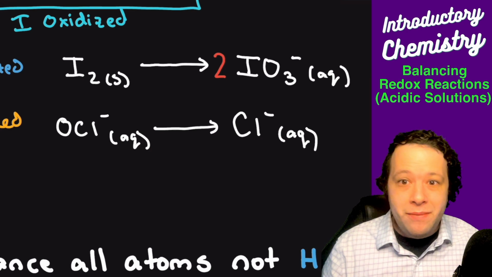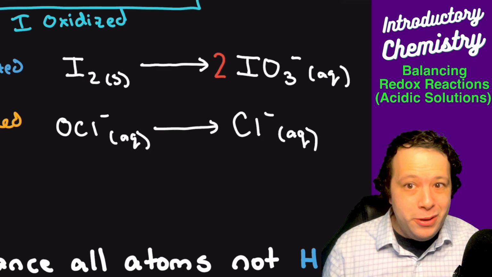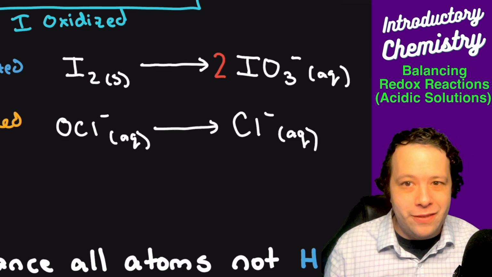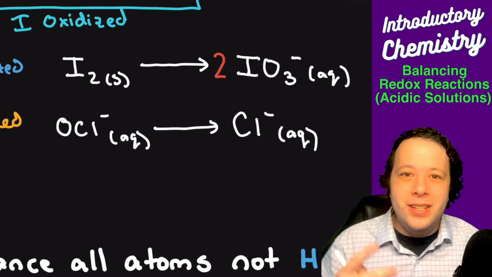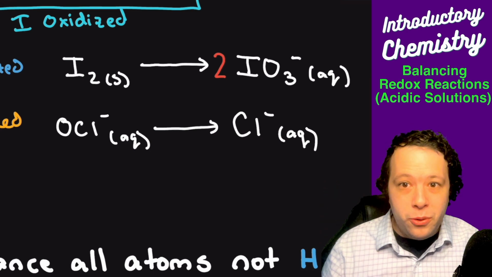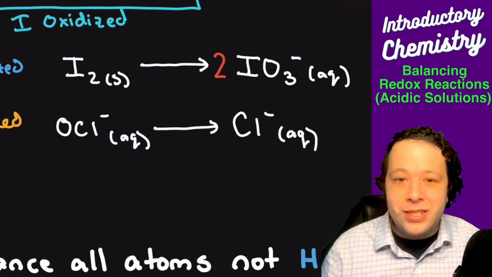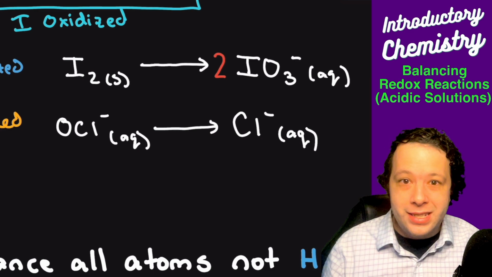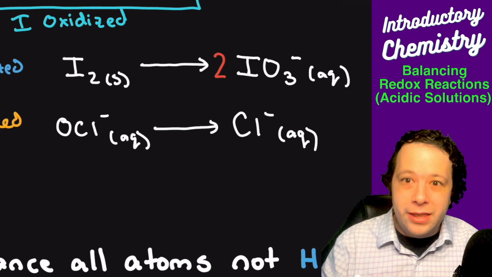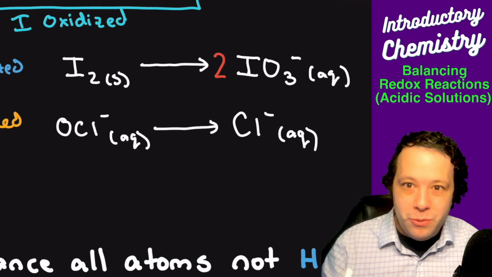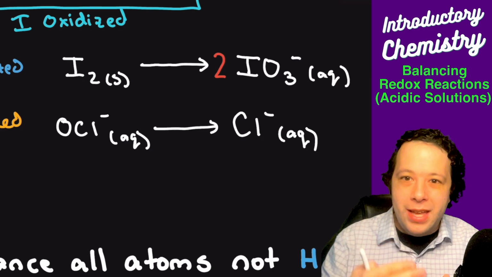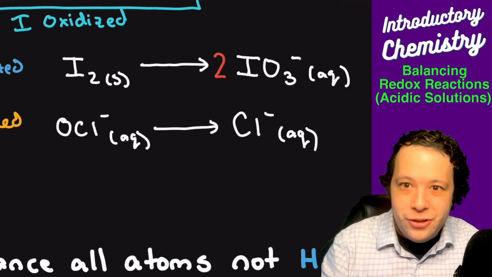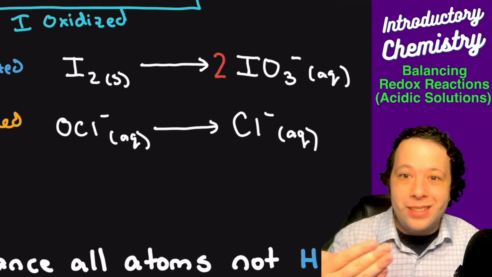Now, keep in mind, the O's are not balanced, and you can maybe even notice that there are no oxygens on the left. That's where the acid balancing comes into play. If you look at the bottom, you can see your chlorines are good, oxygens are not. So this is where it goes into our next step, where we're going to balance things in the following order. We're always going to do what I refer to as other atoms, like our iodines, then oxygen, then hydrogen, then the electrons. So let's go to our next step.